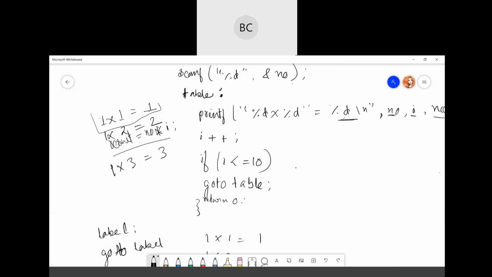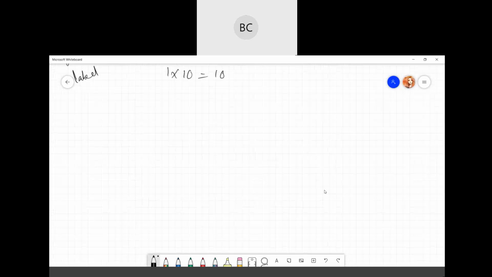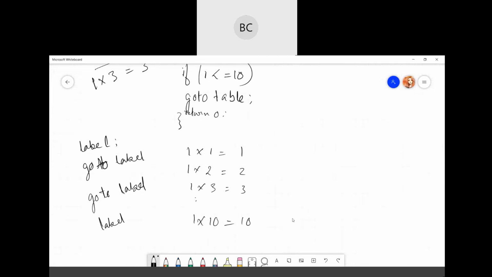Now we have to know when we can use the go to, right? As I already mentioned, it mainly helps you to come out of the loop when there are multiple loops. For multiple loops or nested loops, a single break statement is not enough to come out. So in that case, if there are multiple loops and you want to go out of them, then you can use your go to statement. I can show you another example. You want to write this program.